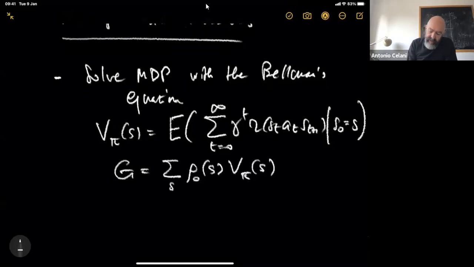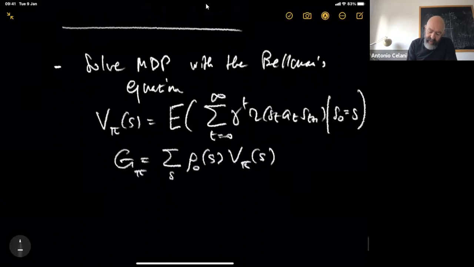And then the maximum, this implicitly depends on pi, and the maximum of this quantity is attained for the optimal policy,